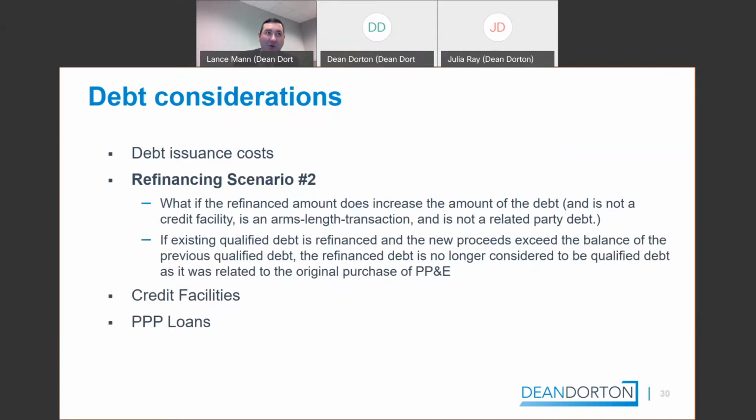PPP loans, I've got down here, you have two options for those who haven't done their calculation yet. One option also depends on whether or not you've gotten forgiveness. But there was an FAQ that came out during the year that said if you got a PPP loan and you've not gotten forgiveness yet and you're still showing it as debt on your balance sheet, you can go ahead and add that to unrestricted net assets when you're doing your calculation. So that's an option. For those of you who went ahead and recognized it into income, there should be no need to use that FAQ, but you do have that option on the PPP loans this year.